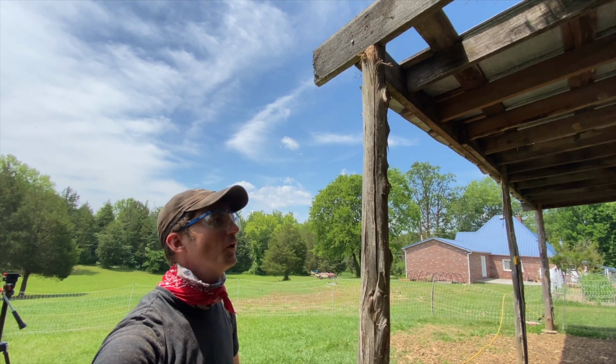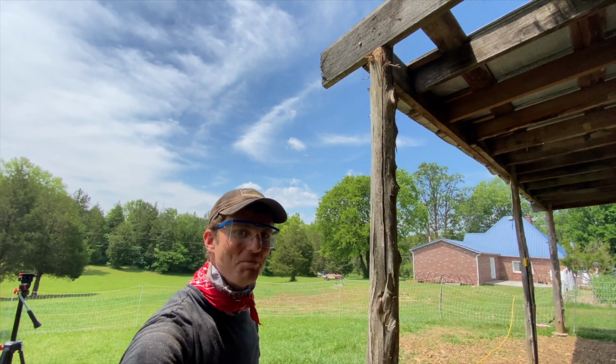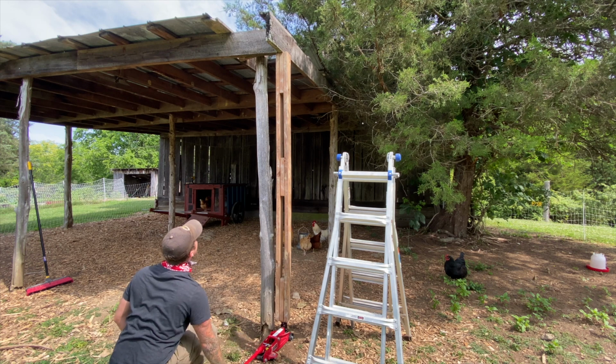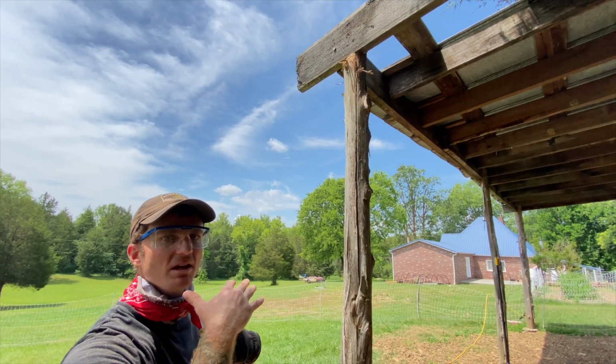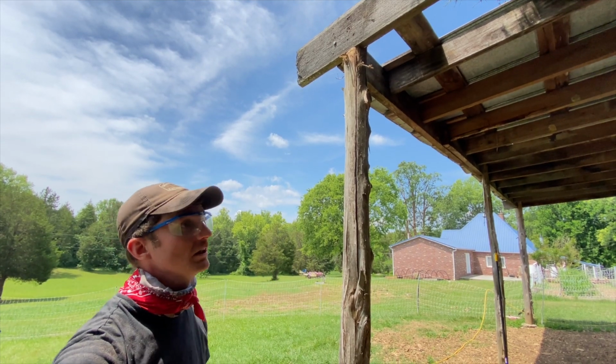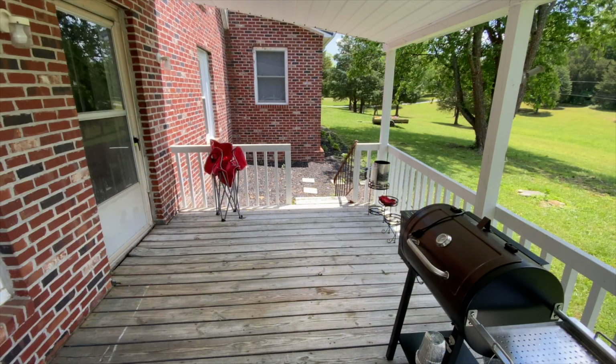I'll be honest, when we heard it groaning a little bit when we were lifting it up, knowing that there were big, heavy weights being moved, I was a little kind of freaked out, but...